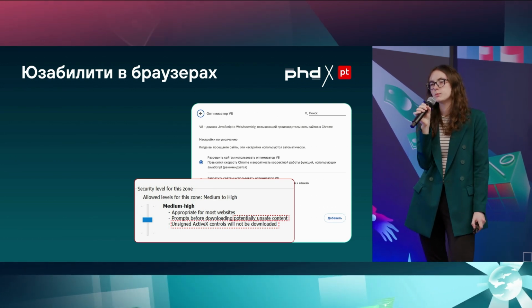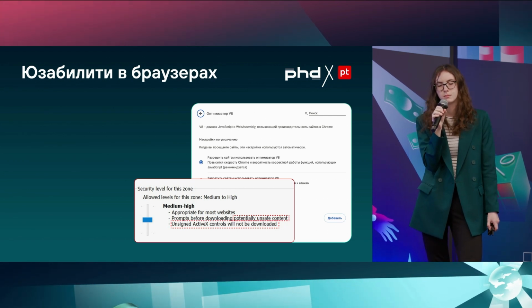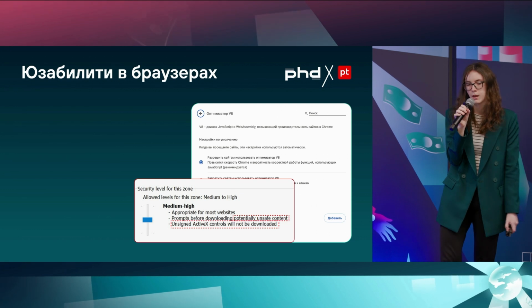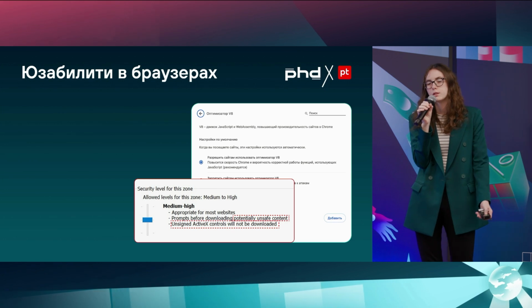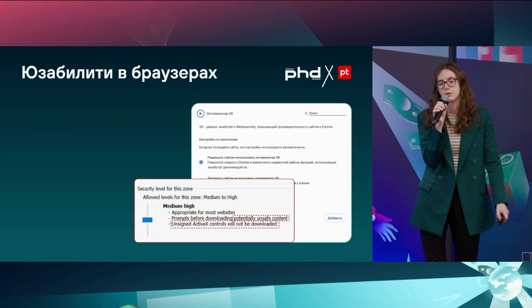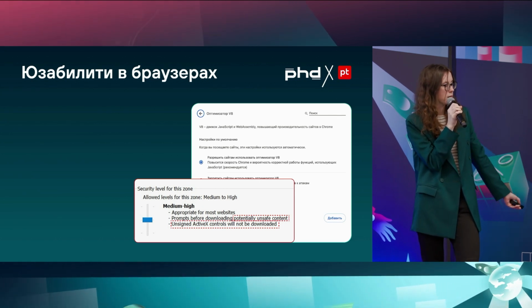But even though our browsers are now very convenient, it has not always been the case, and this is an example from Internet Explorer. This is a screenshot from version 11. By the way, these are not very advanced settings. Those are very basic settings, where you choose the type of connection that you want to have, and you choose between medium, medium-high, and high. Interestingly, Internet Explorer made a decision that we wouldn't even give the user an opportunity to use a low level of security. So the lowest is medium. So let's look at what differs between medium, medium-high, and high.